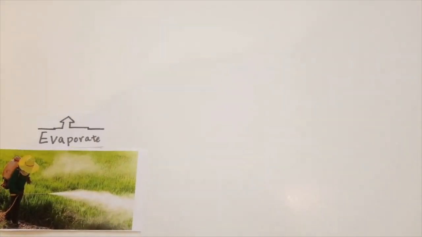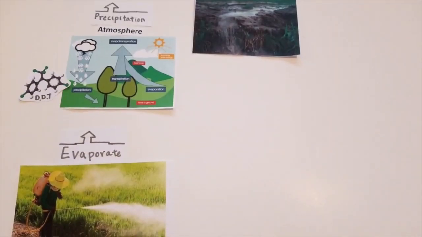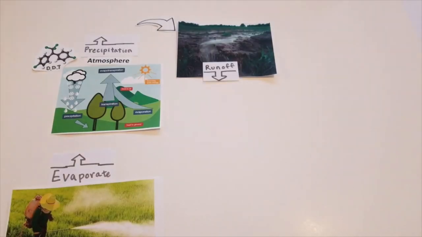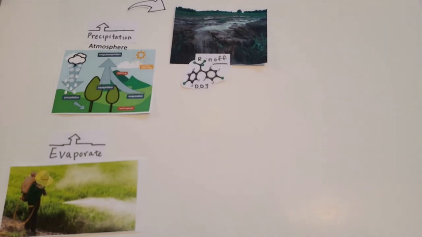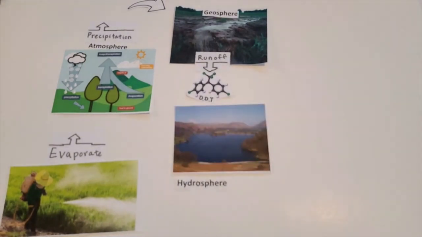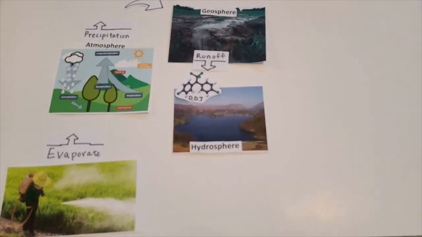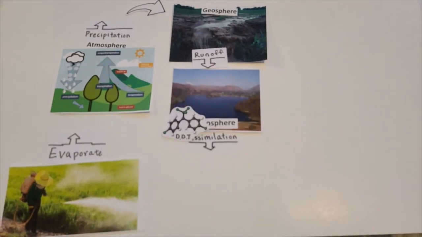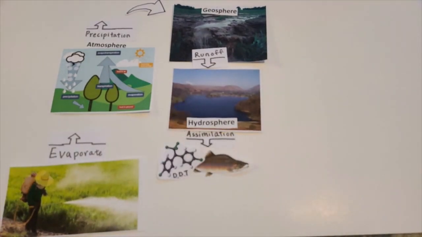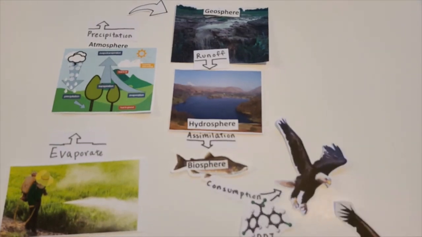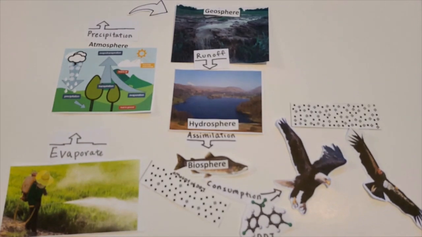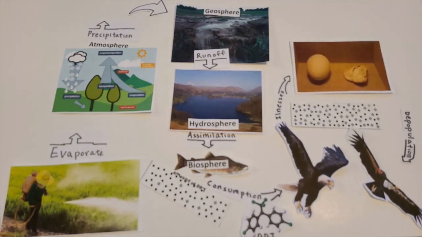When DDT is sprayed on crops, it can evaporate into the atmosphere and bind itself to soil. The soil can probably run off into a body of water, such as a lake. A fish in the lake then consumes DDT, and because DDT is fat-soluble, it biomagnifies. Thus, if an eagle ingests the fish in the lake that has DDT, it will contain higher levels of DDT. Birds with higher levels of DDT will cause the eggs laid by these birds to have a thinner